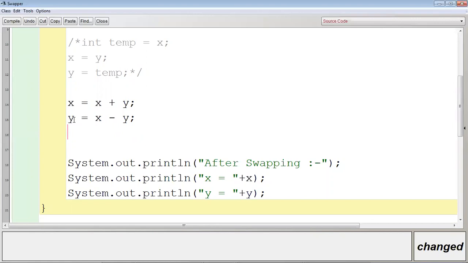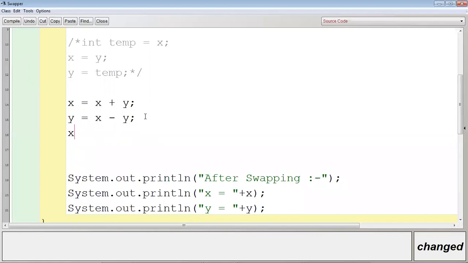And then finally, in variable y, what do we have? See, 70 plus 30, it was 100. So the value of x became 100. Then 100 minus 30 is 70. 70 went to variable y. Then x minus y again.